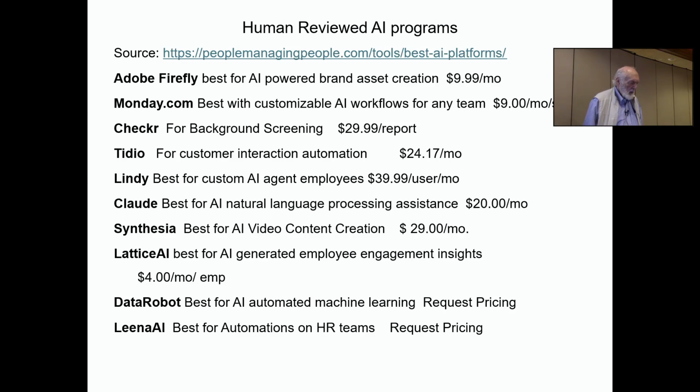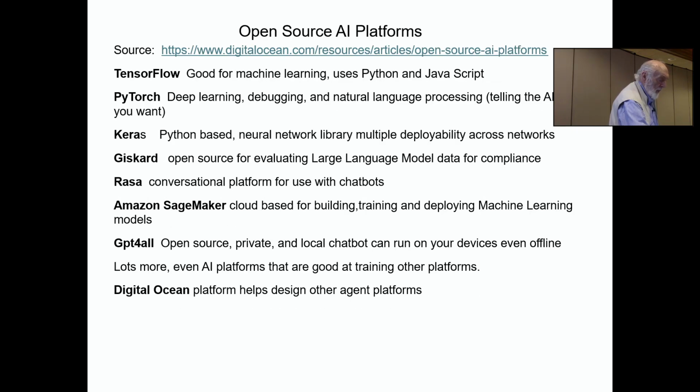And by the way, Checker also has humans, so in some cases they will send somebody to the courthouse. Lattice AI, best for AI-generated employee engagement. And Data Robot, automated machine learning. And Lena AI for automation of HR teams. Those are just some that got reviewed.